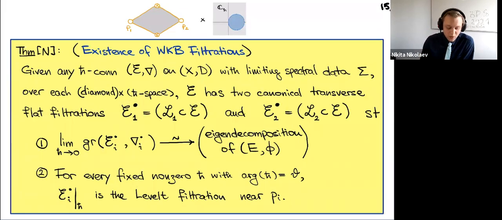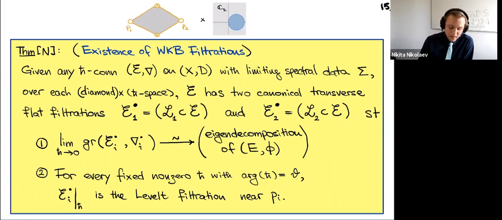Number 1 is that if I take the associated graded of each of them, and I look at the limit of that diagonal connection as H-bar goes to 0, then what I get is precisely the eigen decomposition of the Higgs field. And the second property is that these are filtrations on this entire diamond. If I fix a non-zero value of H-bar with the argument of H-bar being this theta that I fixed earlier,